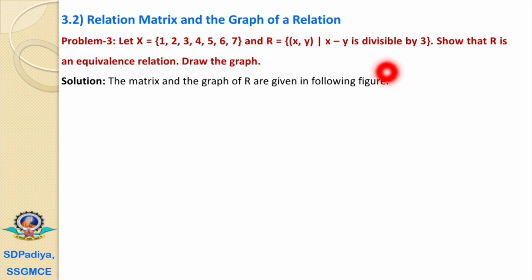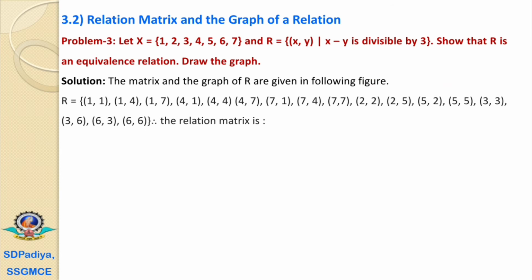They ask to show that R is an equivalence relation. First we must know the definition of an equivalence relation. A relation which is symmetric, reflexive and transitive is called an equivalence relation. For that, first we will design the ordered pairs. That R is a set of